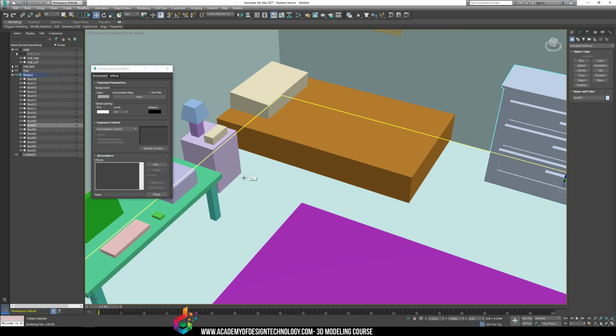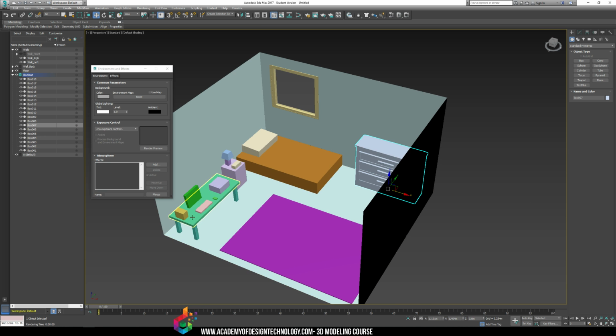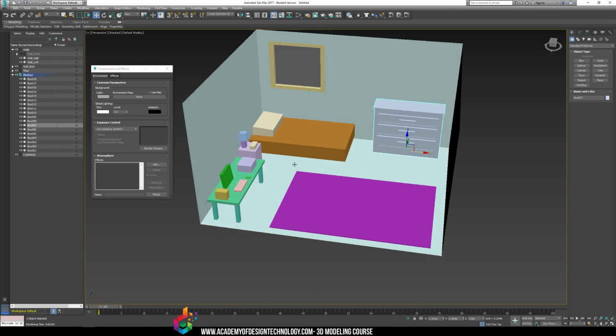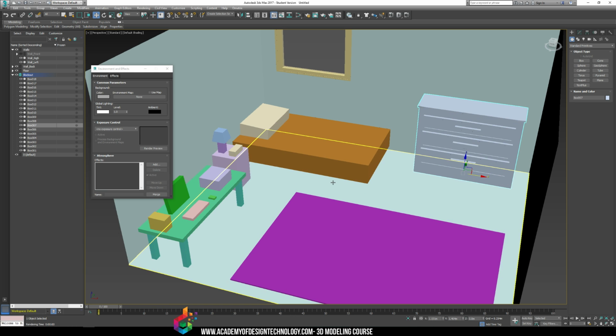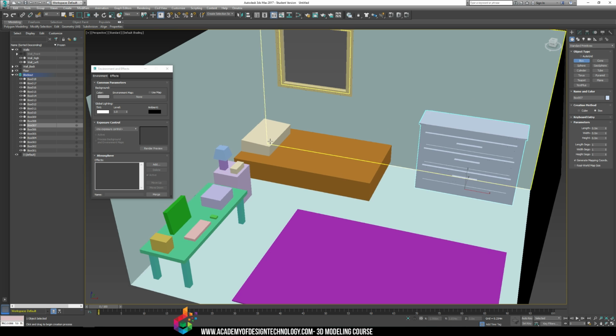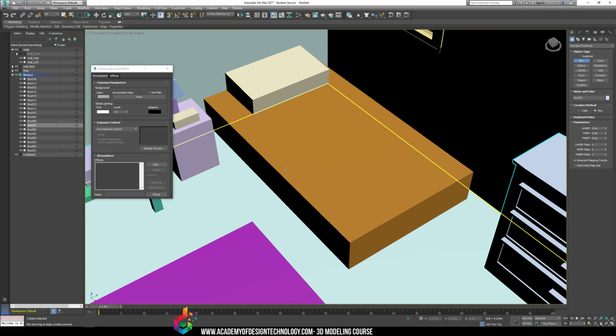So that is the midterm project for this week. Start creating a room, add the dresser, nightstand, and bed, and go into high detail. This is low detail right now. Take your time, go into high detail. To go into high detail, what I would do next is I'd probably replace this bed entirely, but then make a blanket for it. To make a blanket, I would just make a plane